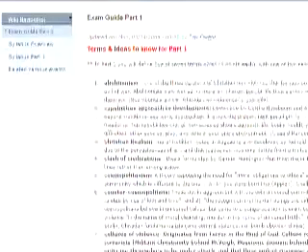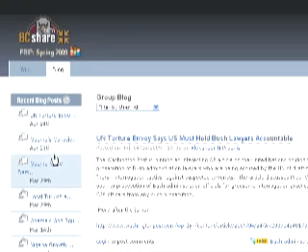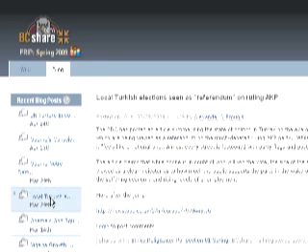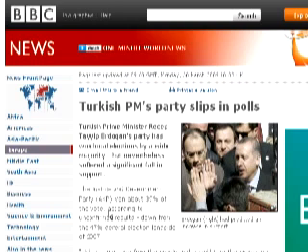So the wiki portion of it has the syllabus. It has a section for all the class notes and handouts that I give, as well as study guides, exams, and things like that. The other half on the BC Share groups page that I use is the class blog. And I ask students throughout the semester to post interesting articles or comments or questions, and they'll post it to the blog,